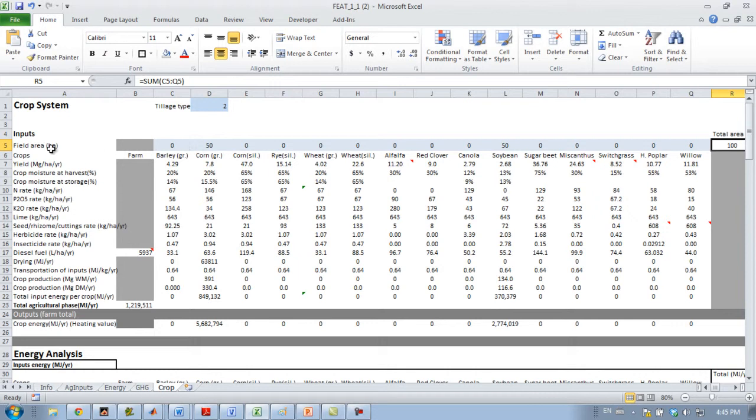Then once the field areas are filled, you can also change the other inputs, which are yield, crop moisture at harvest, crop moisture at storage, nitrogen fertilizer rate in kilograms per hectare per year, phosphate rates, potash rate, lime, seed rates, herbicide rates, insecticides, diesel fuel consumption, and drying energy and transportation of the inputs. All of this information is already default in here, but if you want to change any of the information, you